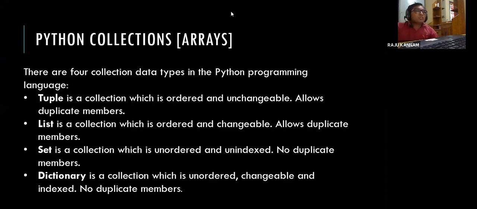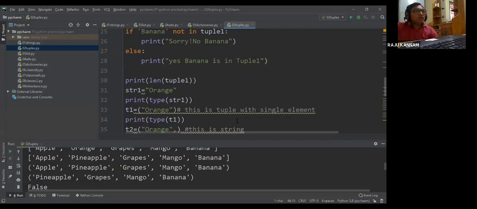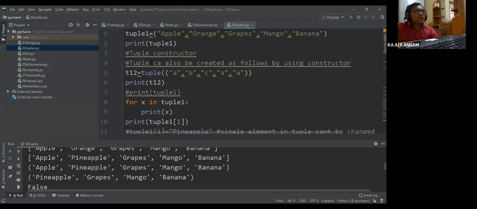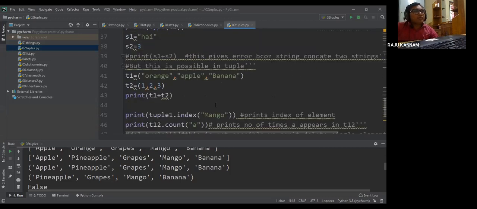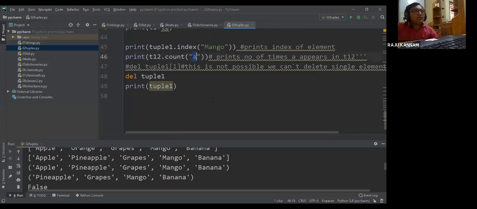So that's the reason we are counting here. We have declared tuple T12 with one element A, other elements B, C, A. So we are counting how many A's are there. Let us execute this and we will see that.